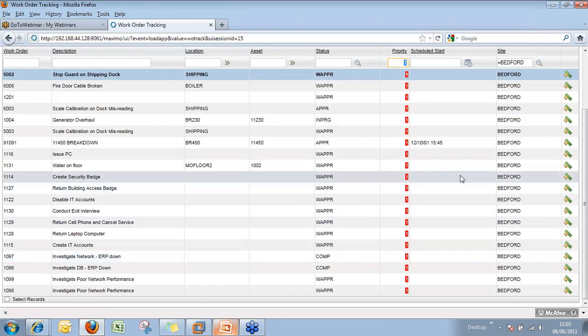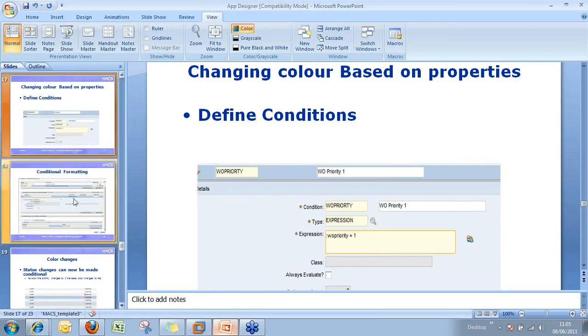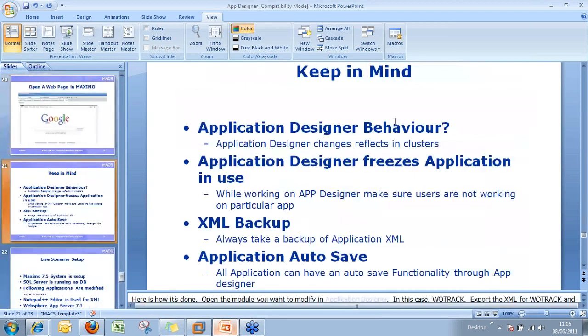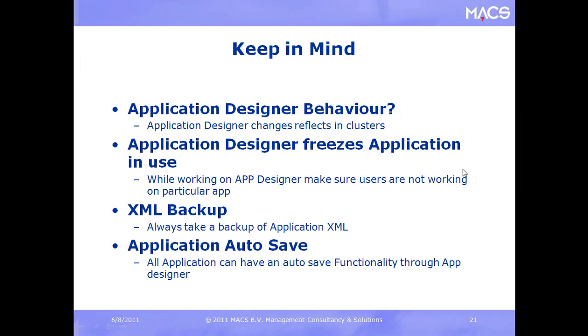So that's pretty much all the steps, all the hints and tips. And I have a small slide on keep-in-mind things. Whenever you're designing or working on the application designer, you should be aware that the application designer has a bit changed behavior. Especially when you are working in clusters, if you make changes on one cluster, the rest of the clusters are synchronized on a time basis. So sometimes it happens that you had made a complete change on one of the